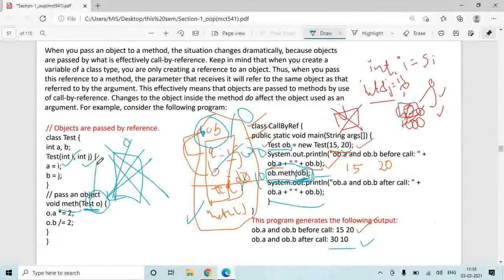In call by reference, when you pass a particular object, it is not collected into a new variable. It is collected by a reference variable. A reference variable is a variable which does not exist independently. Okay, Sonu cannot be a standalone name. Sonu is a name for Sachin. If Sachin is not there, Sonu is not there. Something like that. So this is how call by reference works.